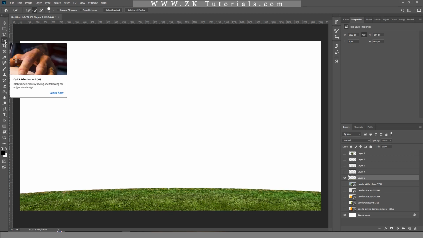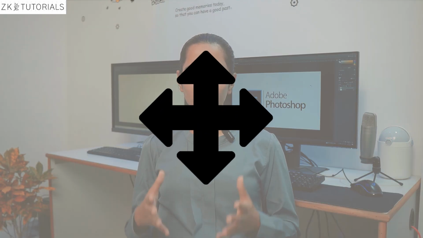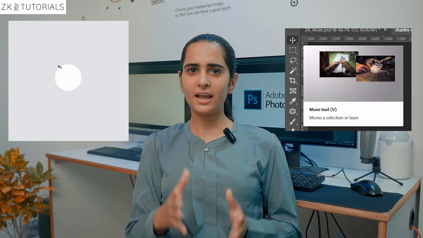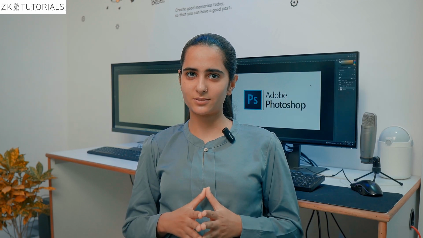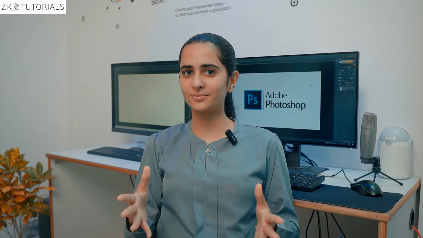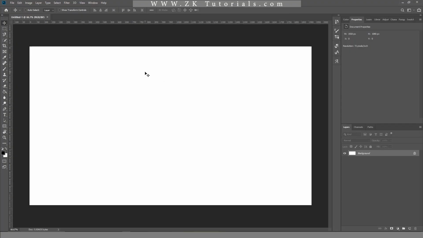And another was the quick selection tool. The Move tool enables you to move, drag, and reposition elements within an image or between different documents. So let me show you how it works. Okay. So now here we are going to learn about